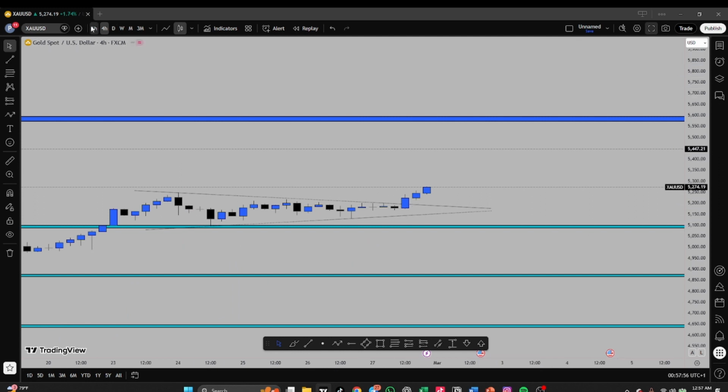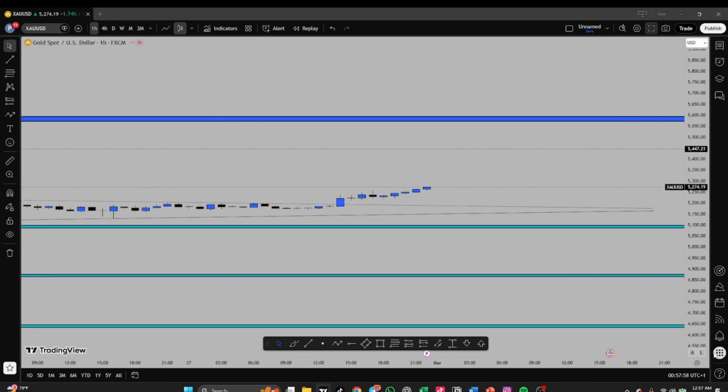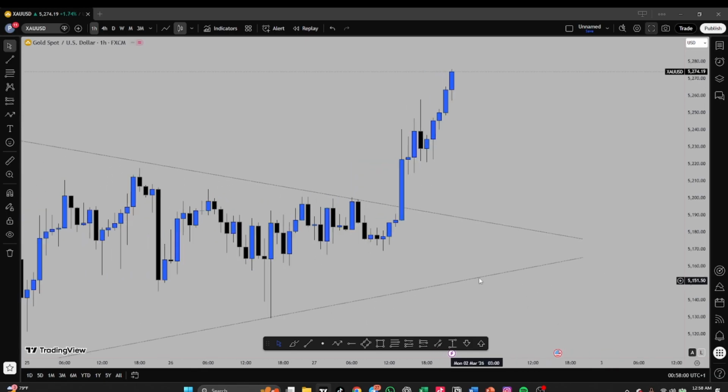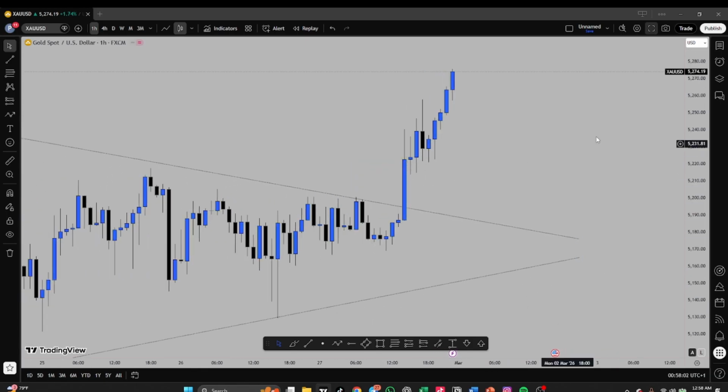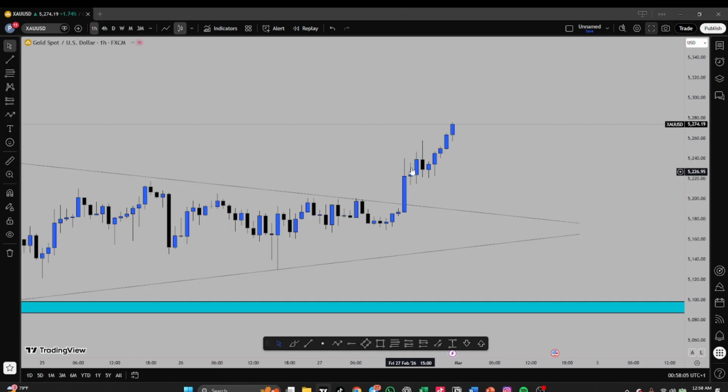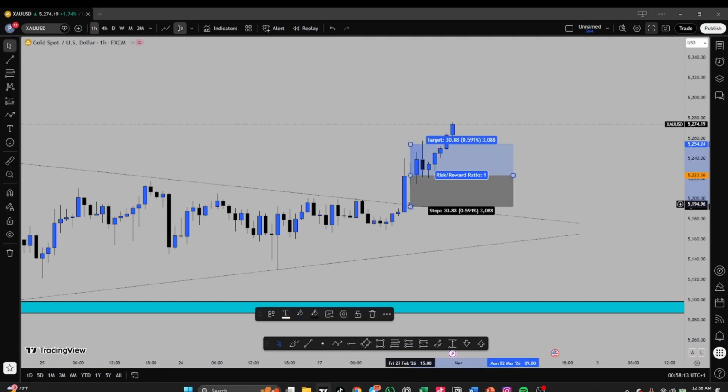Yes, we have that break. I should have taken a buy entry here. I should have taken a buy entry with this candlestick, but the reason I didn't is because of this shadow at the top. If this shadow here were somehow smaller, I would have taken a buy trade right there, and my stop